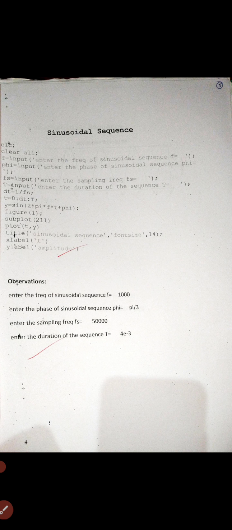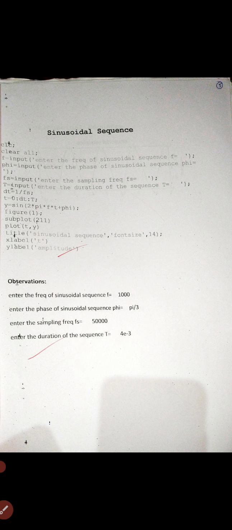F is the input, that means enter the frequency of the sinusoidal sequence, and phi is the input for the phase angle, that means enter the phase of the sinusoidal sequence. Fs is the sampling frequency, so enter the sampling frequency Fs as input.